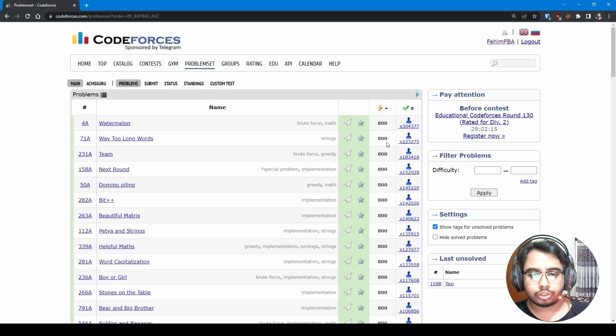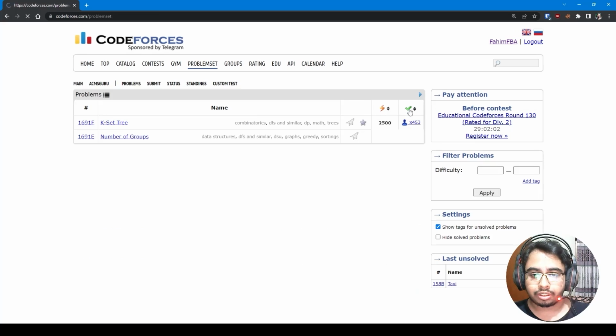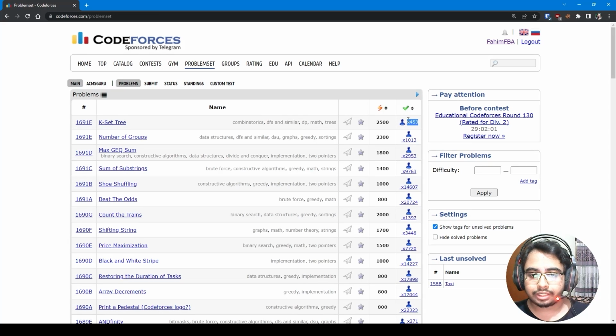And if you want to solve the problems based on how many users have already successfully solved them, then you can simply click here. This indicates the solved rate. If I simply click here, you see that it's getting lower. That means very few people solved this problem. Only 453 people solved this problem, or you can say 453 users. And if you simply click here again,